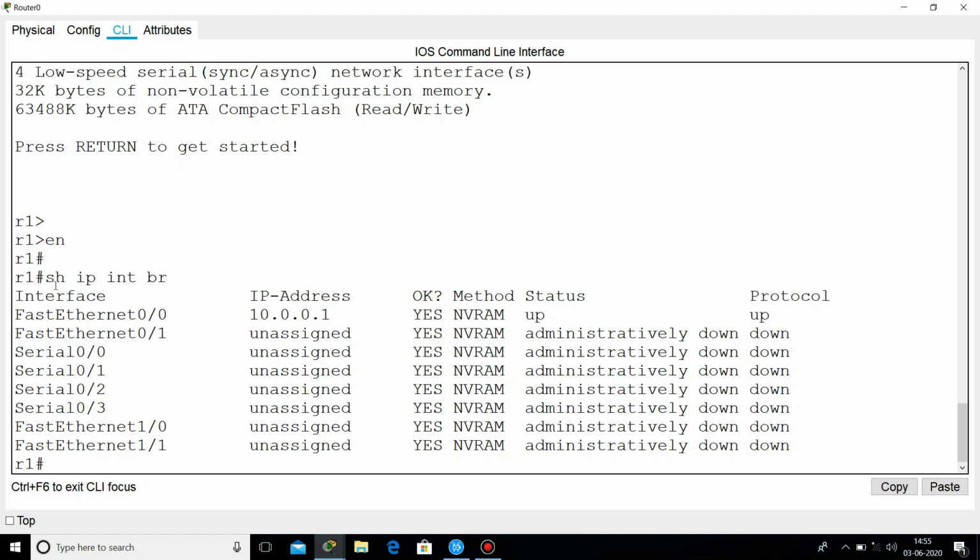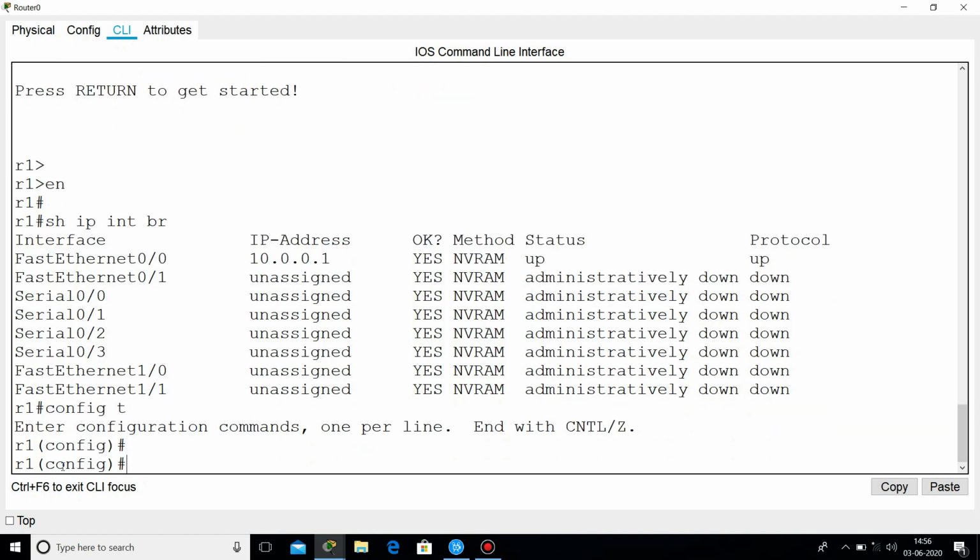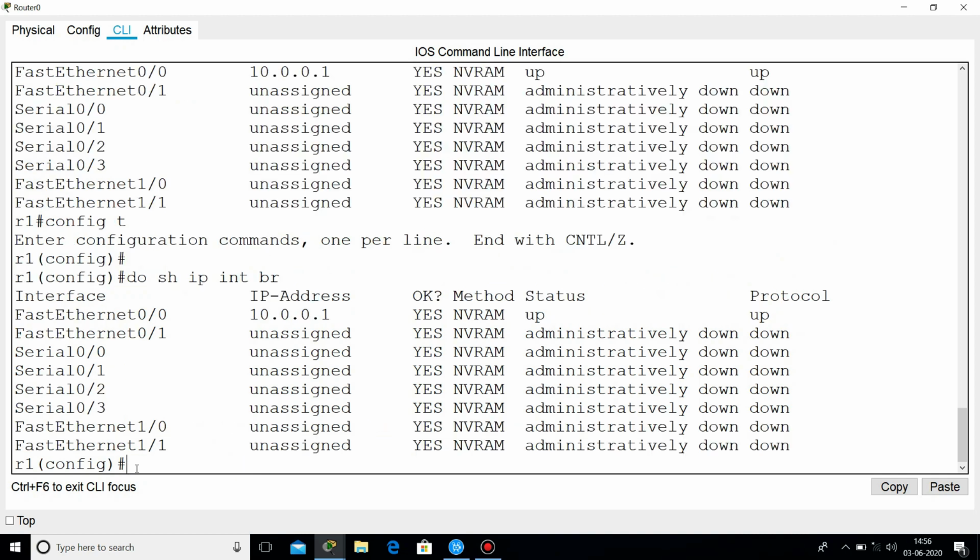When you want to run this command in configuration mode, you will simply write do before show. How? Just see it. I am going in configuration mode and I want the same result as it is. So if I want to run this command in configuration mode, I will simply write do show ip interface brief and hit enter.